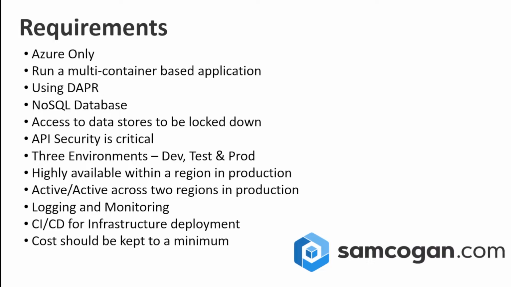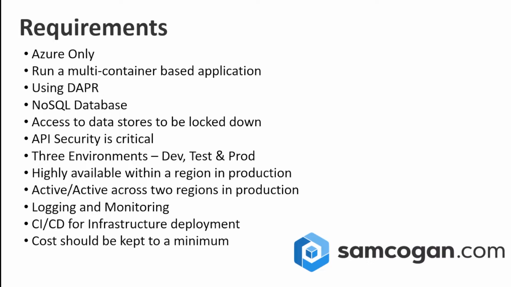We've got a test environment where we want to deploy perhaps more stable code to test it before it gets delivered into production. And then we've got a production environment, which needs to be rock solid. Coupled with that, we need to make sure that production environment, firstly, is highly available within a single region. That's an Azure region. So we need to make sure it's got resilience to survive some hardware failures and so on within that